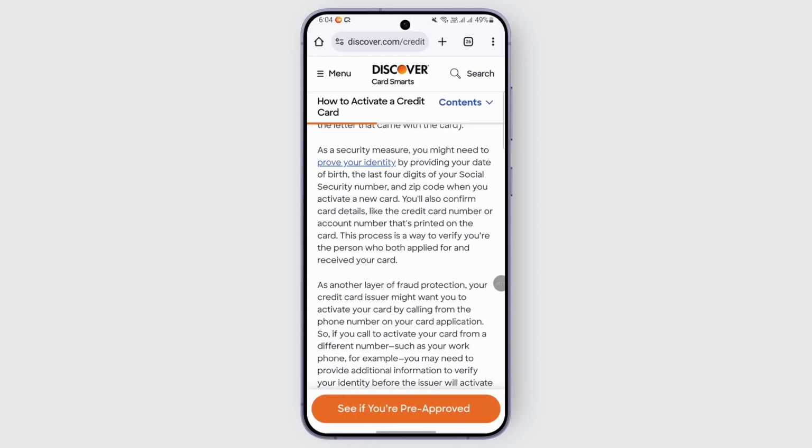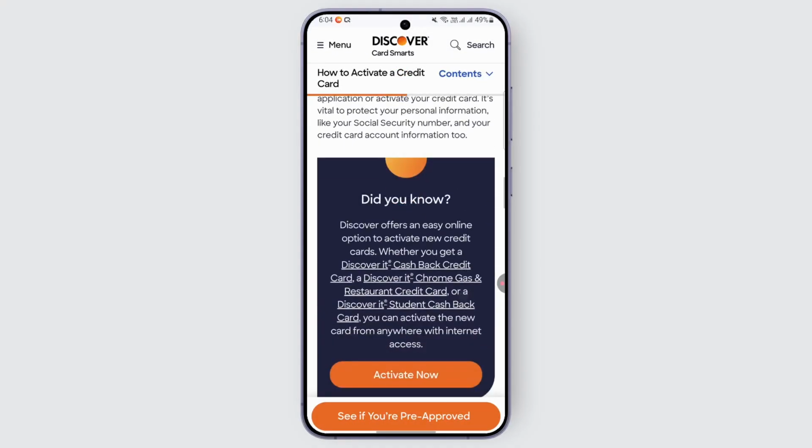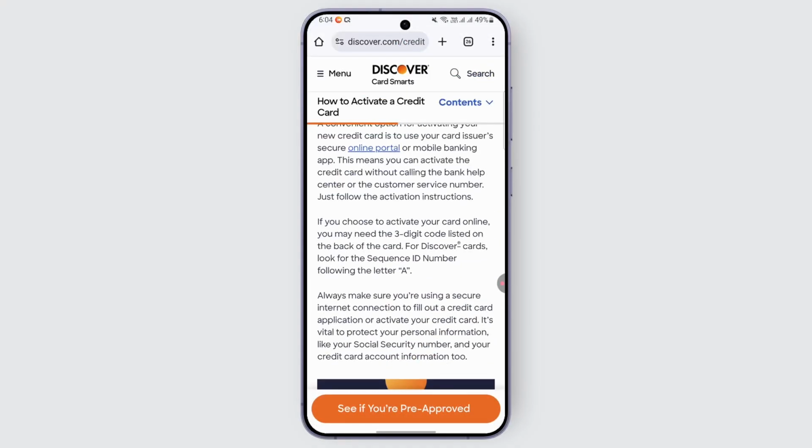You just need to head over and verify you're the person who applied for and received your card. And that is it. You may just follow the verification process and you will be able to activate your card online for Discover. So this is how you activate a credit card for